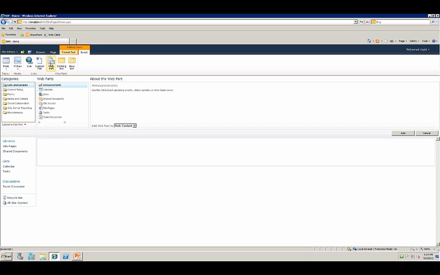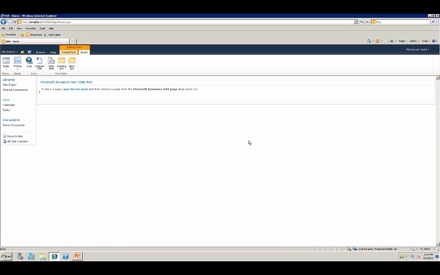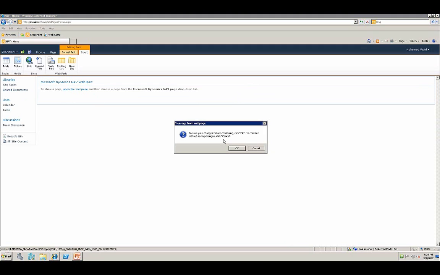Now we have installed the portal framework for all web applications. So this web application is still on the same port, but if it were on a different port, I would still have this web part in the web part gallery. I'll go ahead and click on add, and it will add the web part as a base. Again, I'll click on open the tool pane,